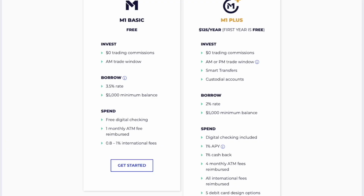The credit card itself is offered to M1 Plus members, and that is a $125 annual fee to be an M1 Plus member on M1 Finance. And if you aren't an M1 Plus member, you can still get the credit card, but there is a $95 annual fee. You'll also earn up to 10% cash back on companies that you actually own in your particular M1